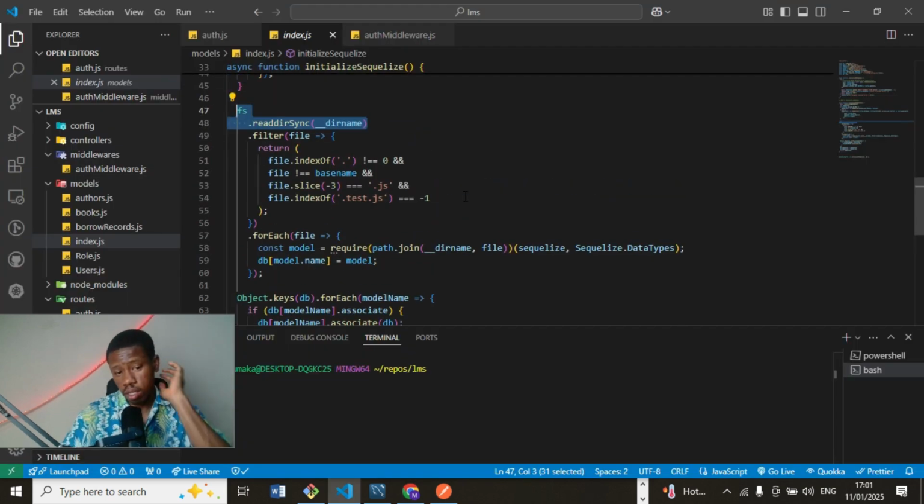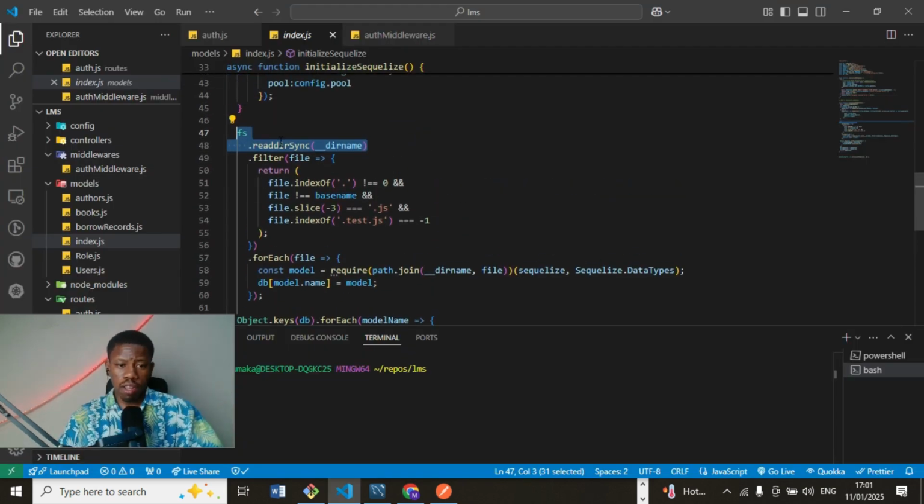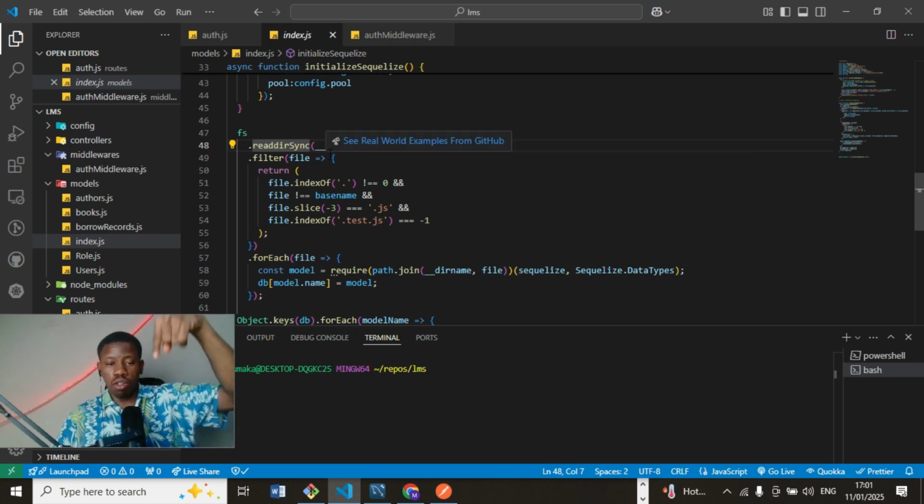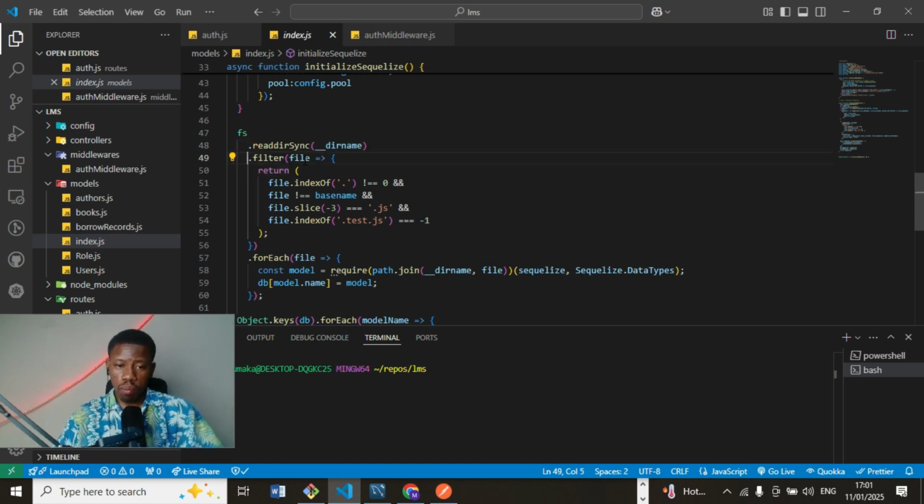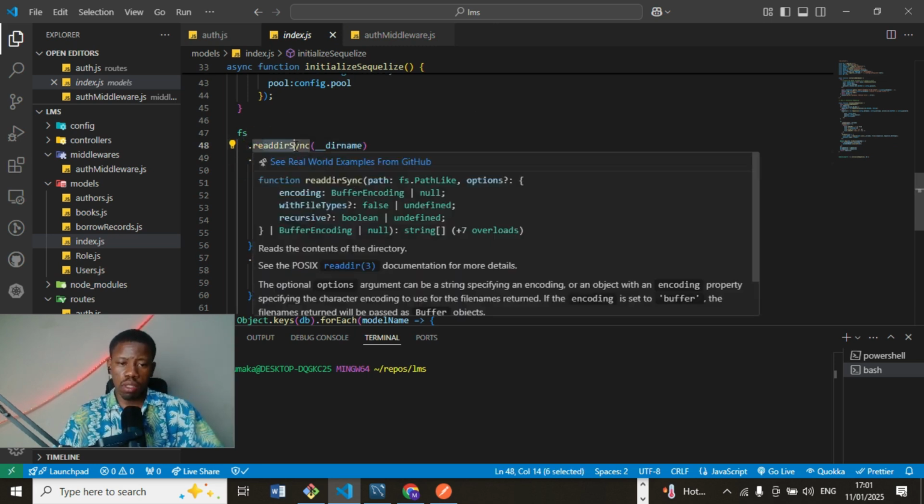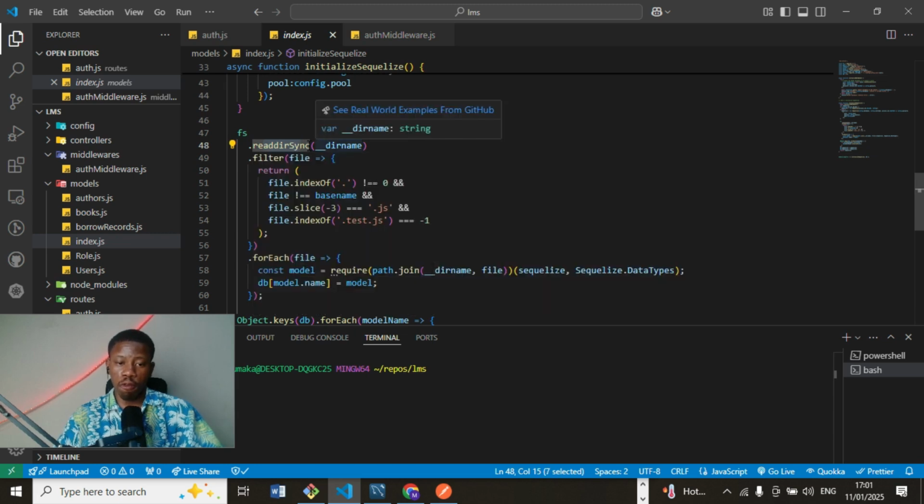I think I understand what's happening here. So the fs is used to read the file system, and then this read is used with this filter of their name is used to access the current directory of the file, if I'm correct, and then dot filter. So what this reader does is return the files in the current directory, and then here I try to do some filtering of